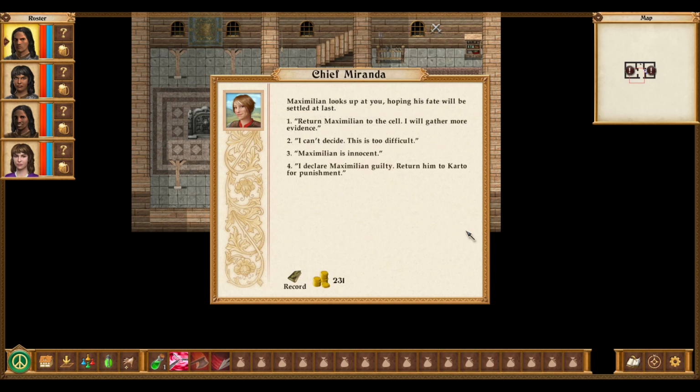Maximilian looks up at you, hoping his fate will be settled at last. Turn Maximilian to the cell. I will gather more evidence. See...